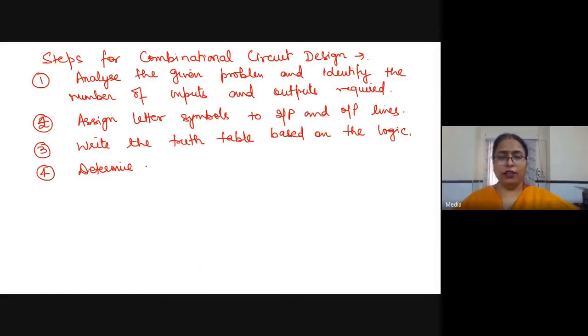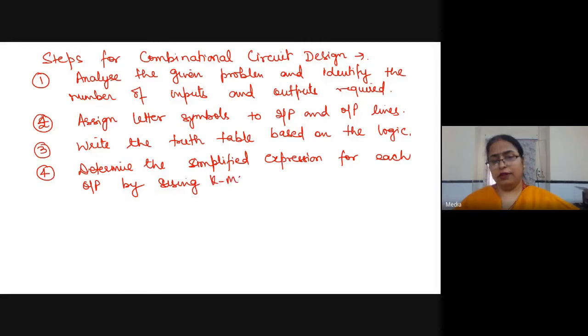Then at the fourth step, you have to determine the simplified expression for each output by using a K-map. It is important that it is a simplified expression and it is for each output. How will you come to the simplified expression? By using a K-map, and it is for each output. If you are using 4 bits for binary, then for each bit you have to find the simplified expression